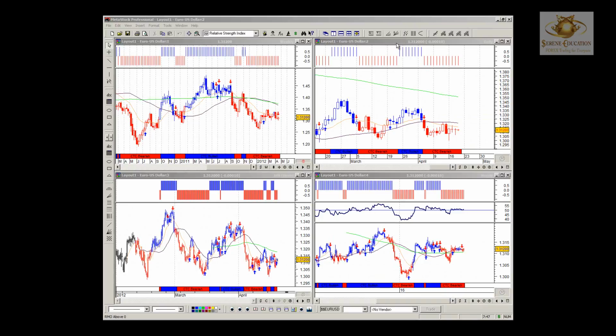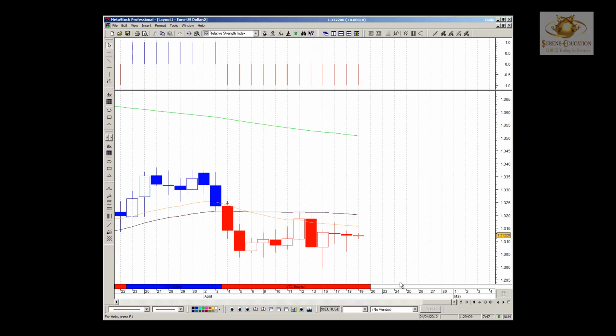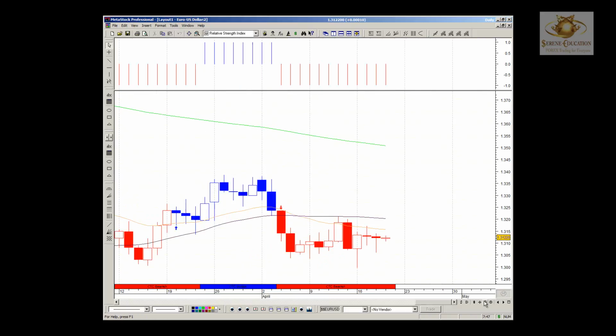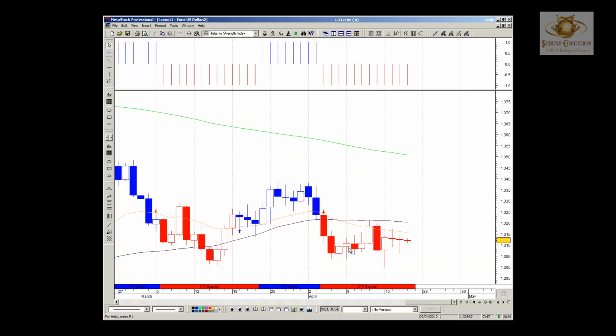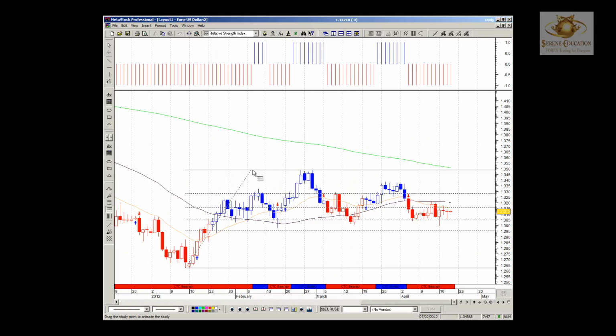Hi guys, just going to be looking at the 4 majors, starting with Euro against US dollar on the daily. Very hesitant these past couple of days. You'll notice that price since start of April has just been going sideways, not a lot of momentum to the upside, very indecisive, until we get a genuine sentiment, if it's either up or down, as you can quite clearly see, just sideways